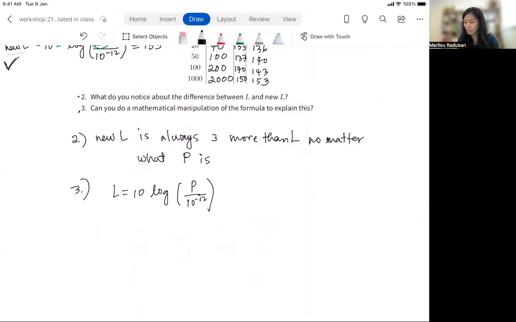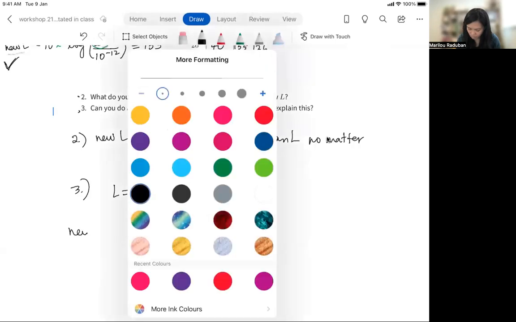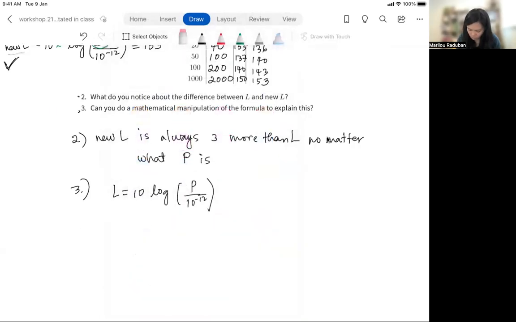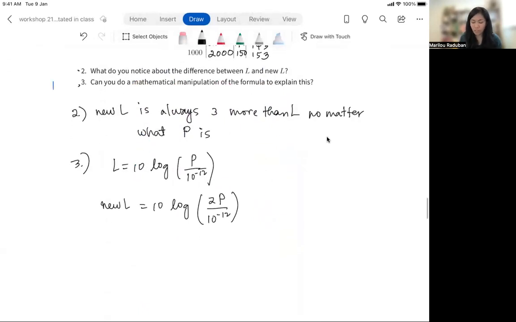So what changed is that instead of P, for the new L, P is doubled. Right, to get the new L, what changed is this, P is doubled. Okay. So if we manipulate this equation,